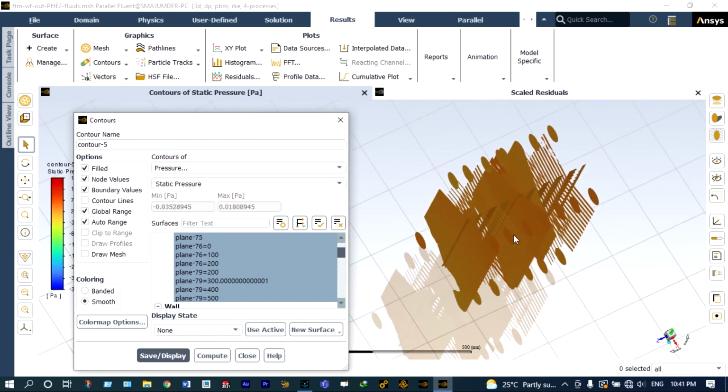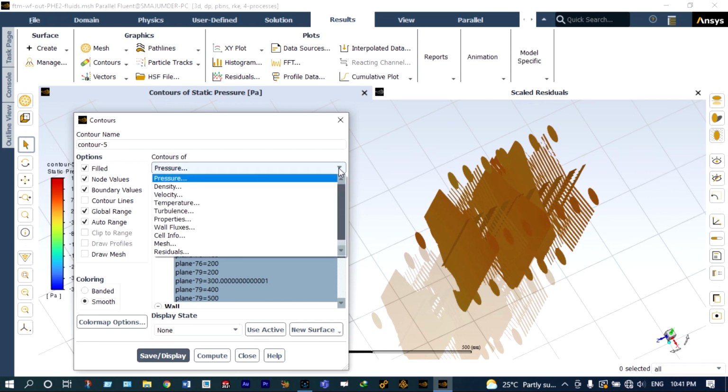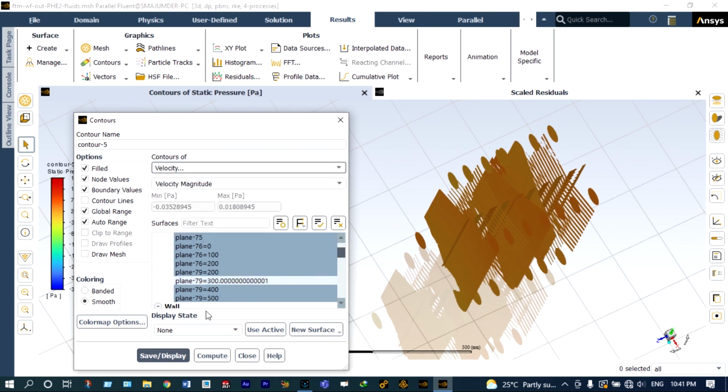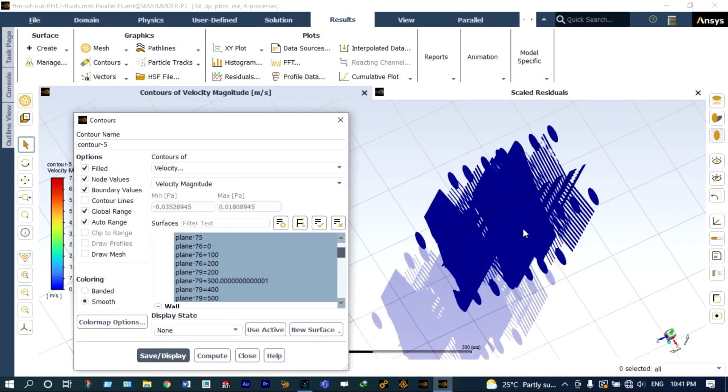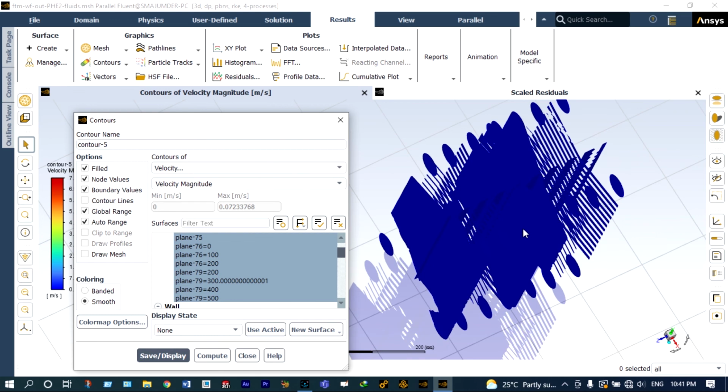It's showing the pressure within these different planes. We are not having that much of difference. All planes are having almost similar pressure. Let us see velocity. Velocity also we are not having that much of variation. Through all the different planes we are having almost similar velocity, right? Next one, what we'll do